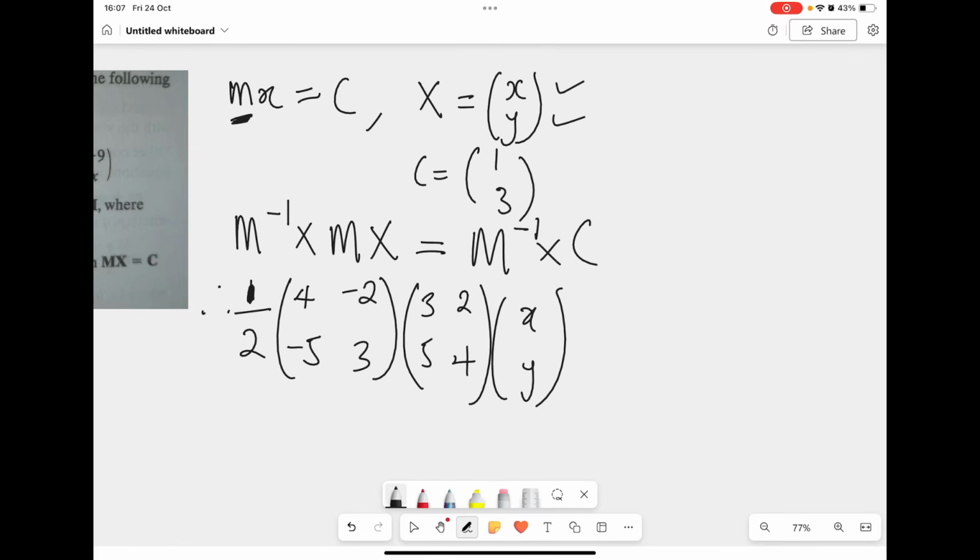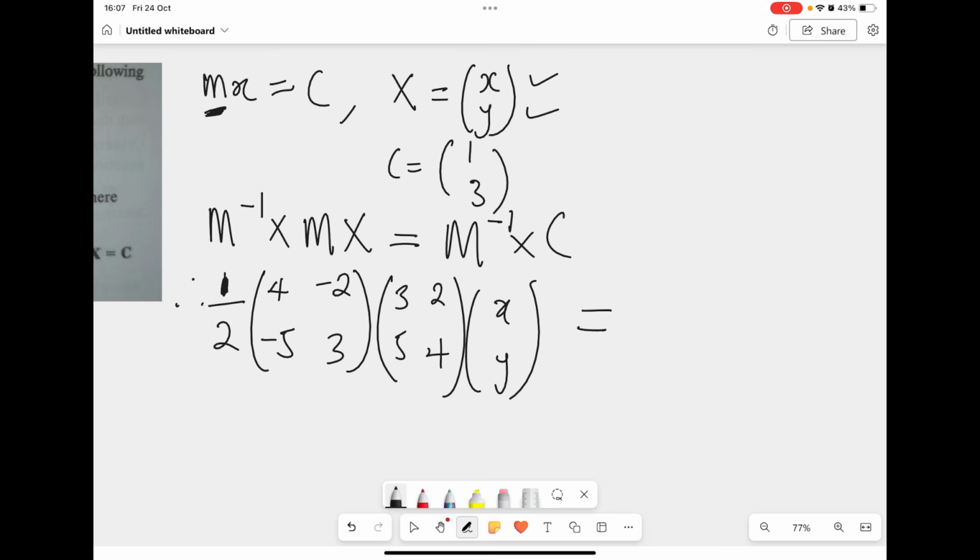Let me move the screen a little bit. I have my 1 over 2. Yes, still that inverse matrix again here. I have this 4, minus 5, minus 2, 3